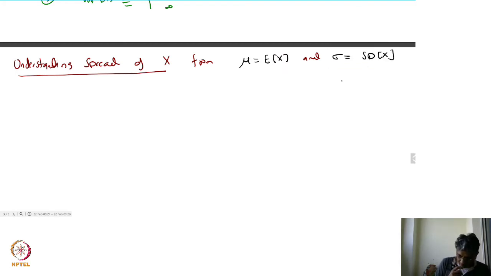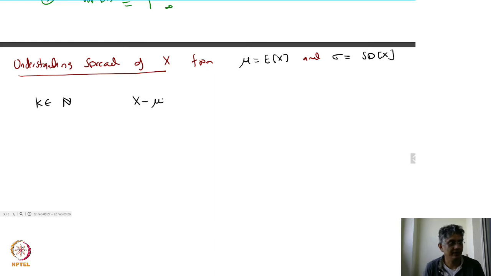So let's see now. Let's say K is a natural number. And let me say that I want to understand how far X is from mu. Right? So I look at X minus mu, that is, deviations from